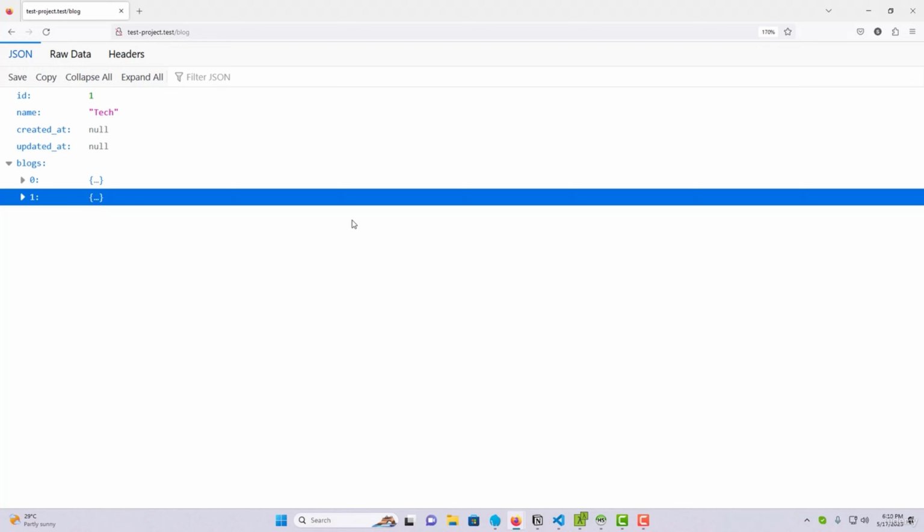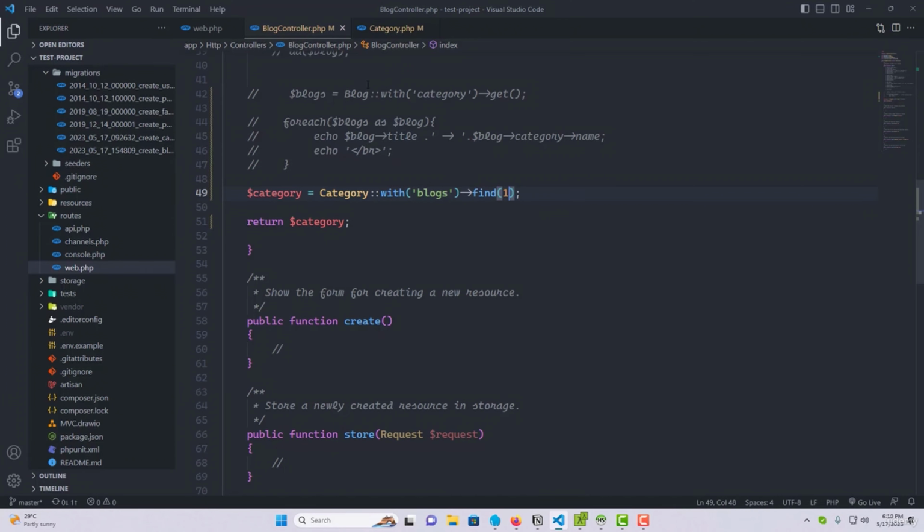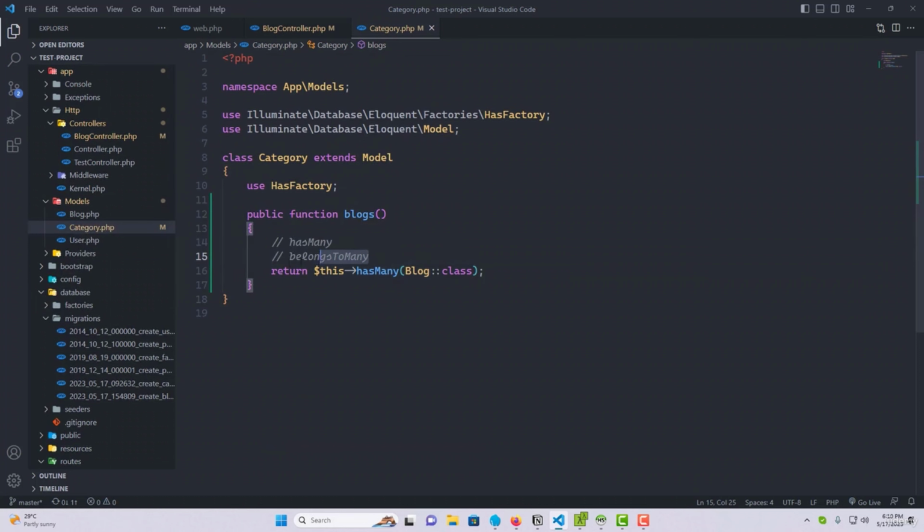There is another relationship, the reverse relationship, which is belongs to. If I go to here, which is this one, right? This is called the reverse relationship of the has many relationship. So for now, just understand the has many relationship, which is the one to many relationship. The use case of the belongs to relationship totally depends on the circumstances. If you have to use the belongs to relationship, you use it. In our case, we don't have to use the belongs to relationship because